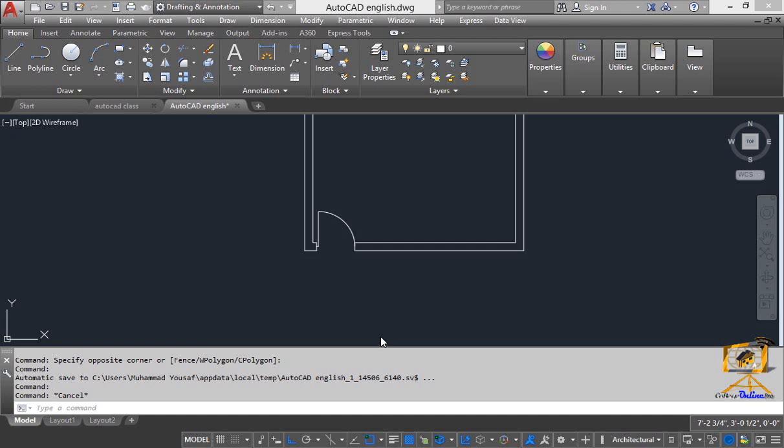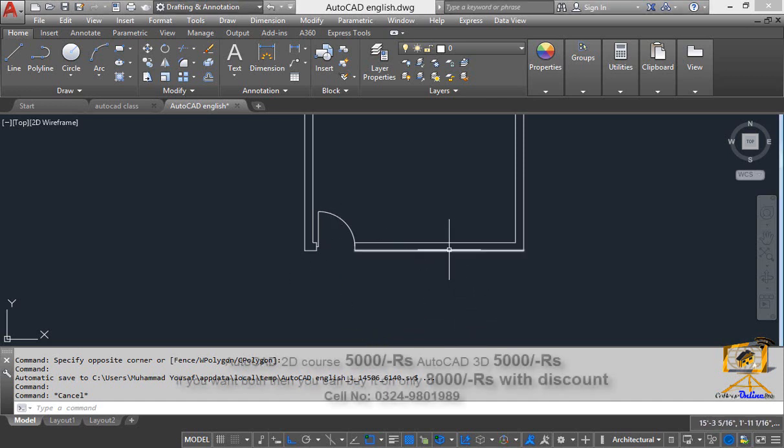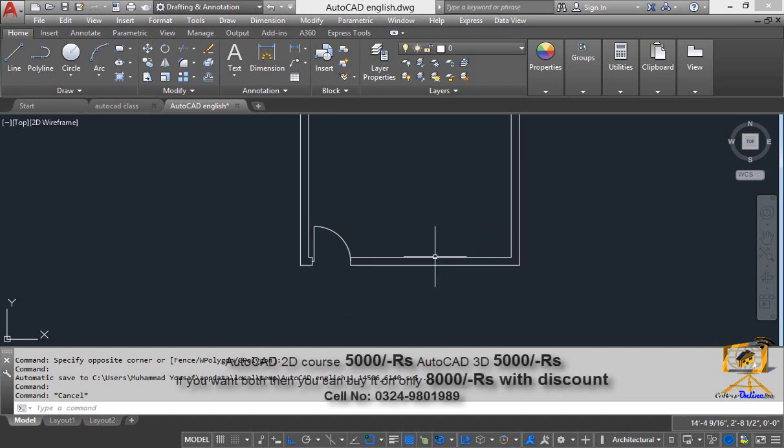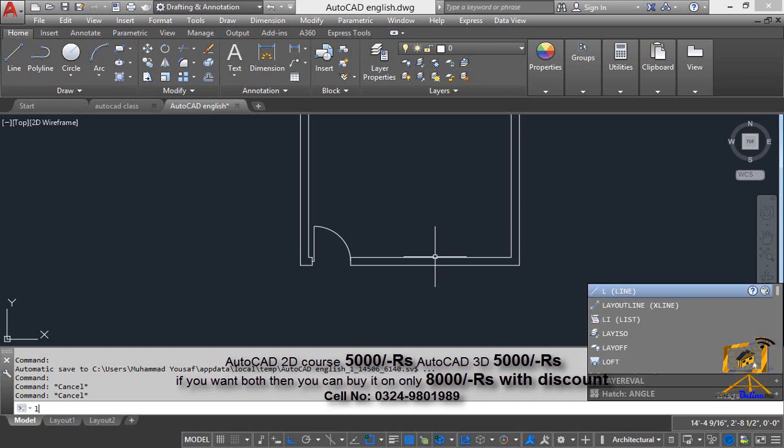Welcome to Autodesk AutoCAD 2017 tutorial. In the last video we created opening for a door and its symbol, and in this video we will create opening for a window and its symbol. So let's start. To create opening for a window, first of all type L, the line command, in the command line